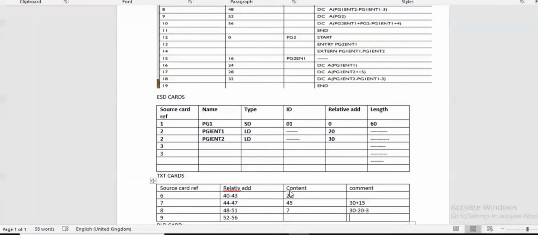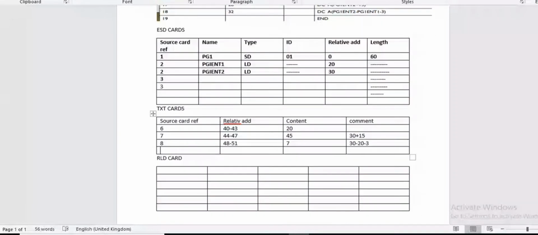Now we are moving towards the RLD card. The RLD card contains the relocation and linkage directory. It contains the relocation information. Now see what the fields present in the RLD card are. The first field is source card reference. Can you tell me what the second field should be? The second field is not a relative address.